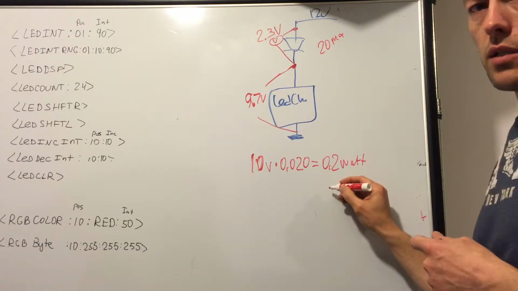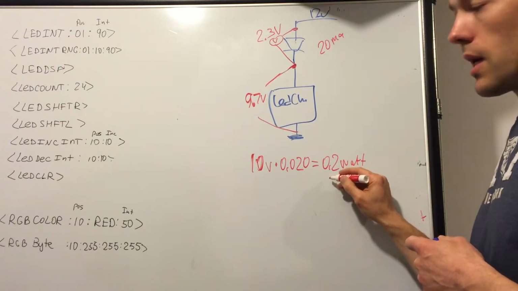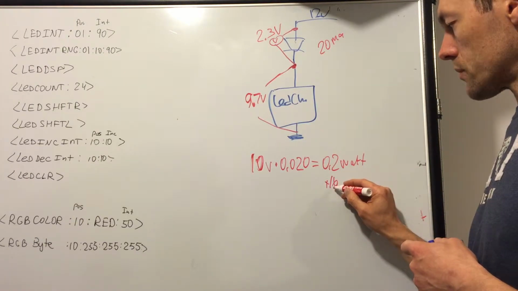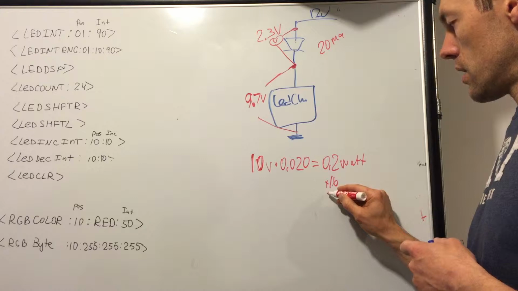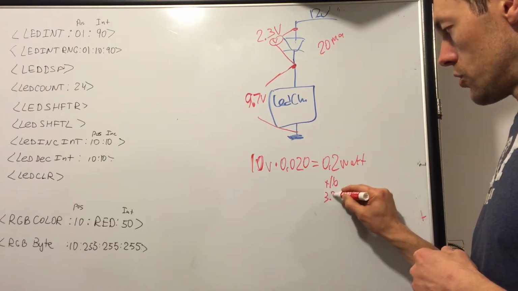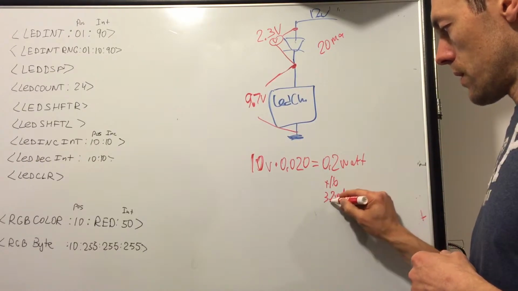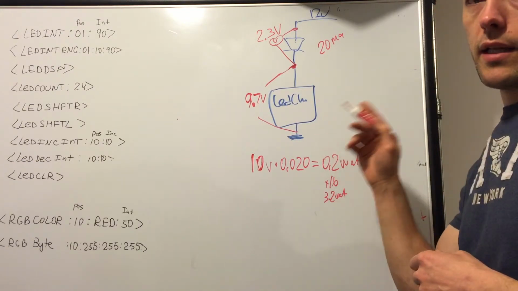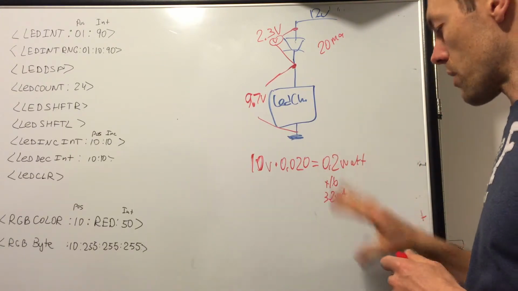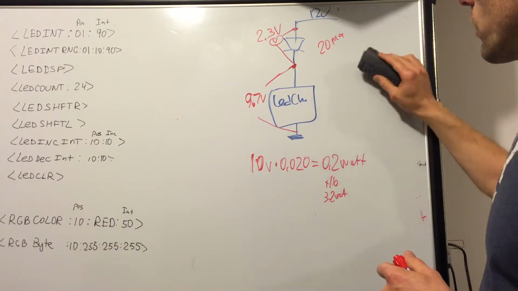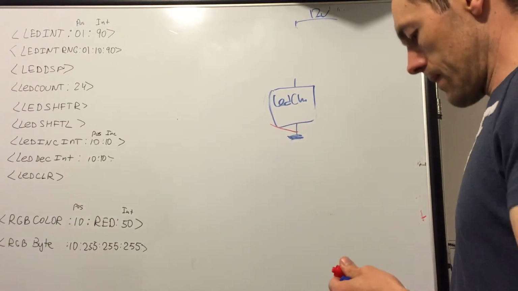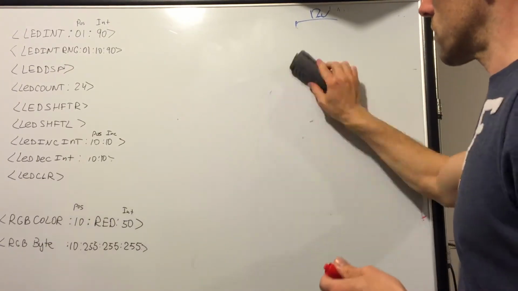Now we have 16 channels, so multiply by 16, that means that we have 3.2 watts dissipated on this circuit with one LED per channel. Okay, and the dissipation of heat is where our problem is, because what happens when you have, instead of this circuit, now you have